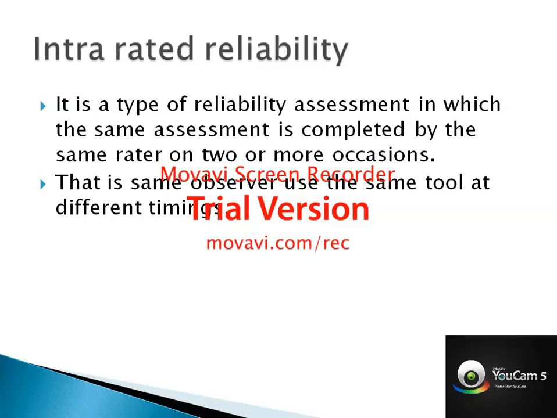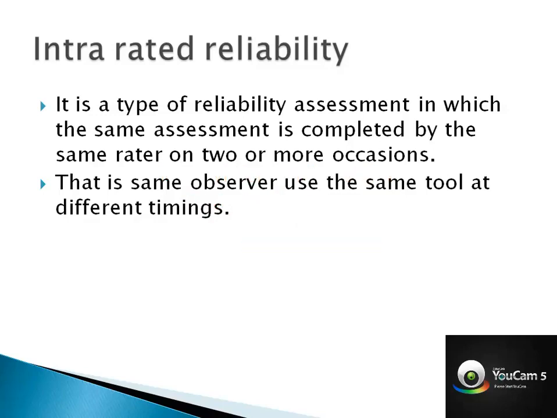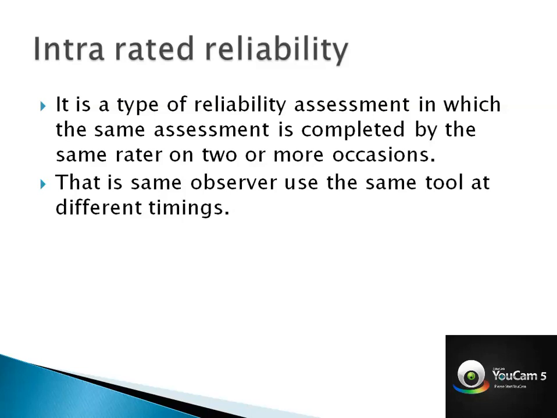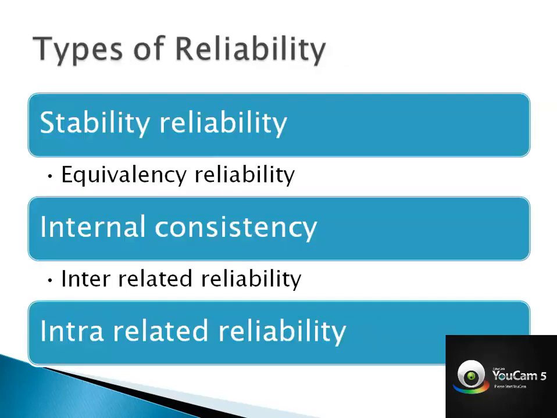Intra-rater reliability is when one observer uses the same tool but at different times. The observer will be one and he will use the same tool at different times, like one on Monday, one on Friday, and he will compare both results and see whether there is any correlation. So if there is no relation, then the reliability of the tool is negative. So these are all the different types of reliability. You should do it before you bring the tool to the research.